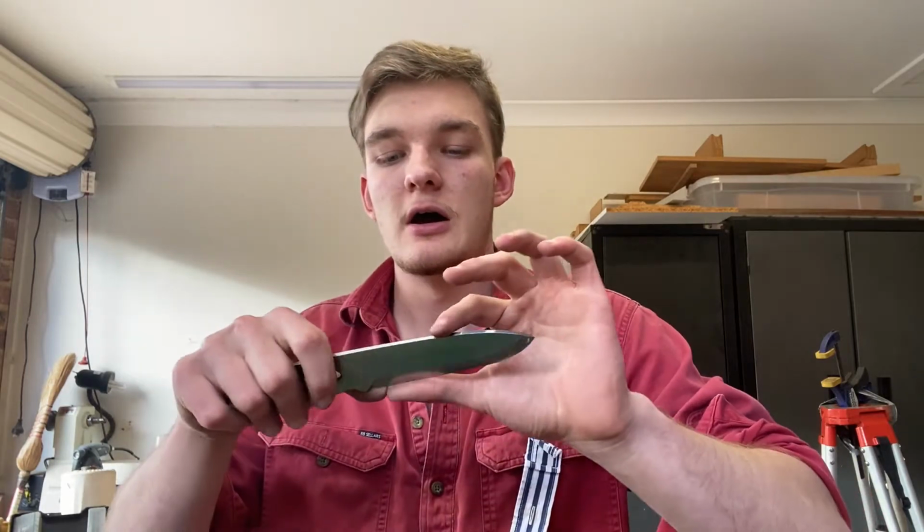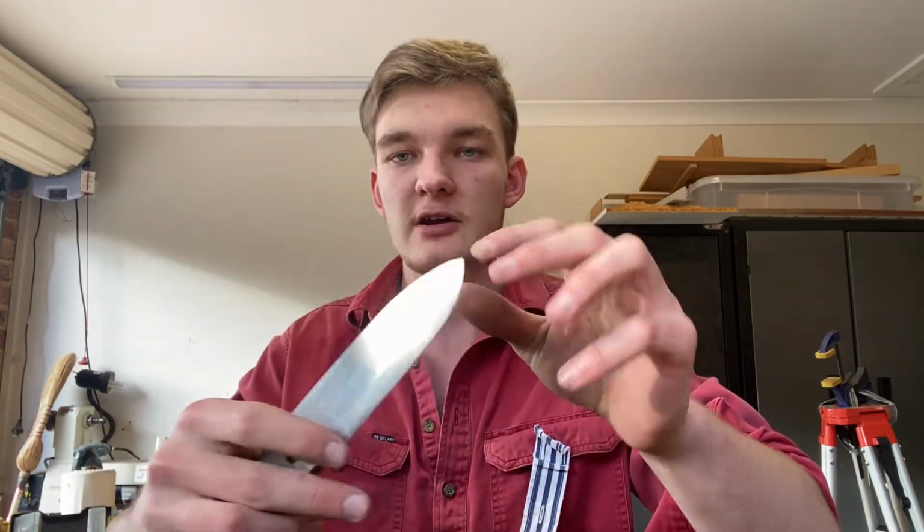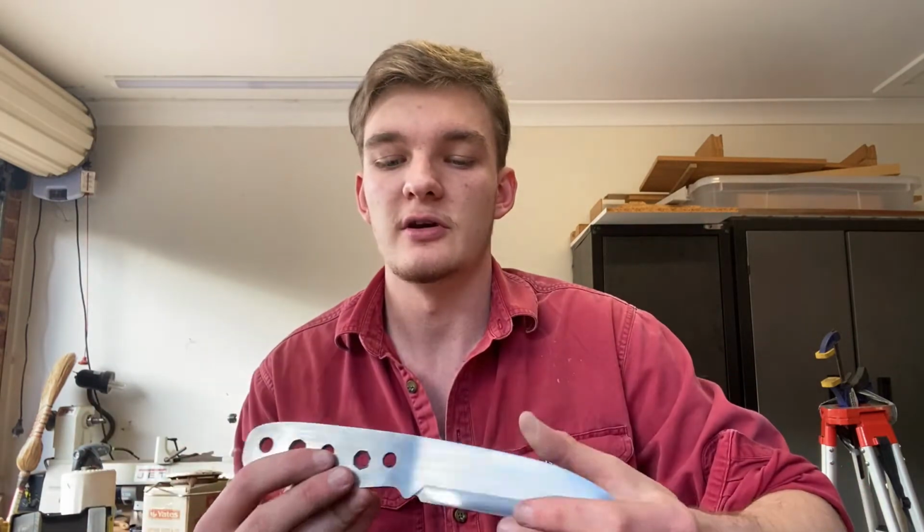So the flats are finished there. The bevel, what I did actually, I went up to I think 400, then I went to the grinder and just gave it a rough polish just to see what marks I would take out and what I still need to work with there, just to clean it up a bit. But I still need to address that after I put the handle on. But what I'm going to do now, which I think it's developed far enough,